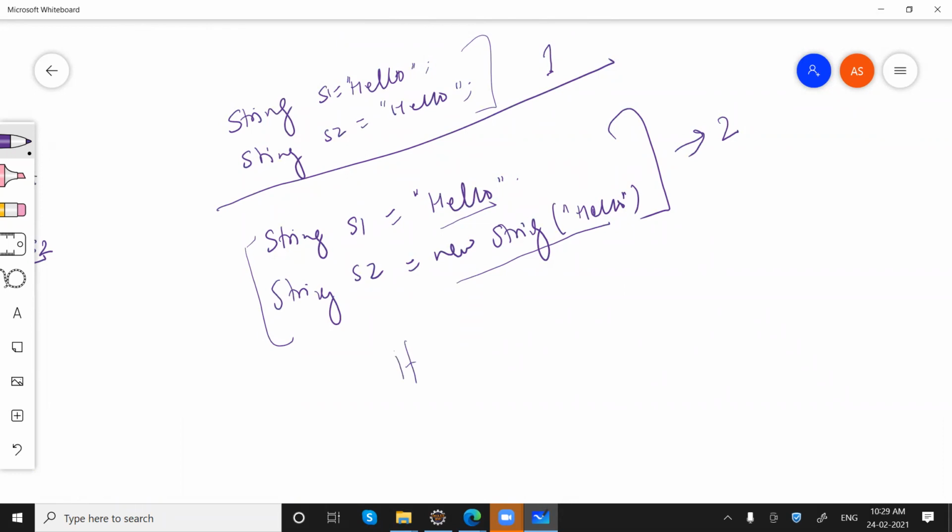So let's say we have s1 equals "hello", s2 equals new String("hello"). Now the question can be like this: System.out.println(s1 == s2), what will be the output? Tell me.